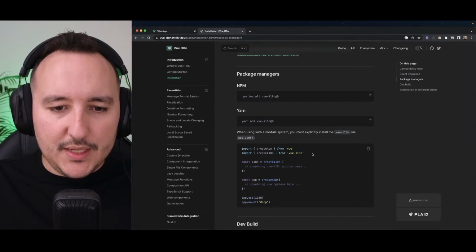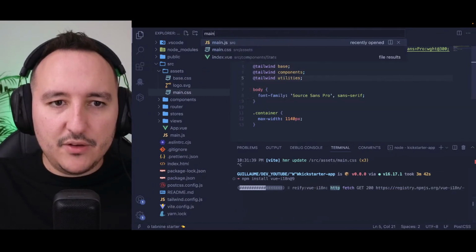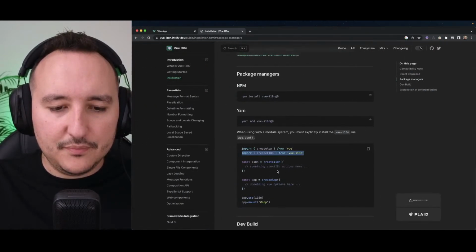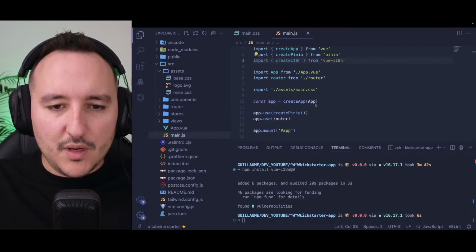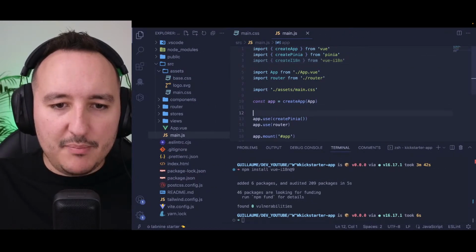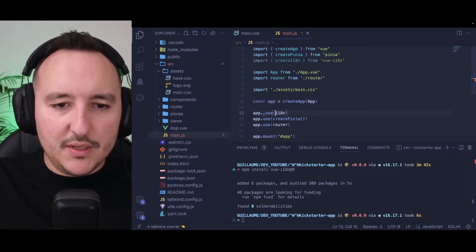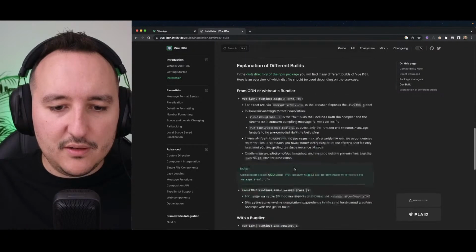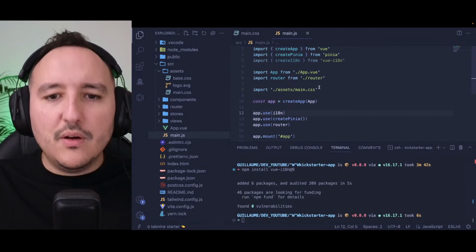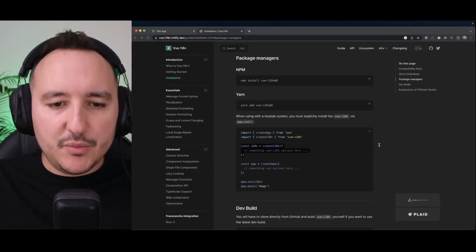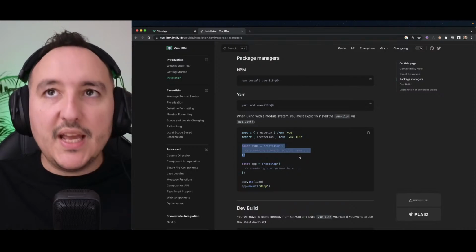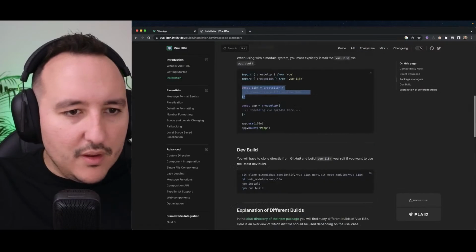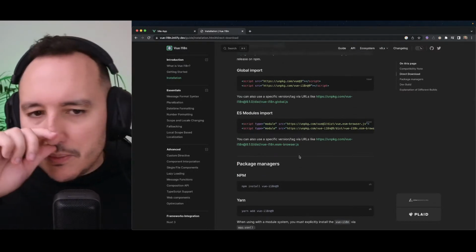So in main.js I'm going to use i18n, which will be there, app.use i18n, and then we will have that there. Okay, and it's going to be just after something. So down there I will add